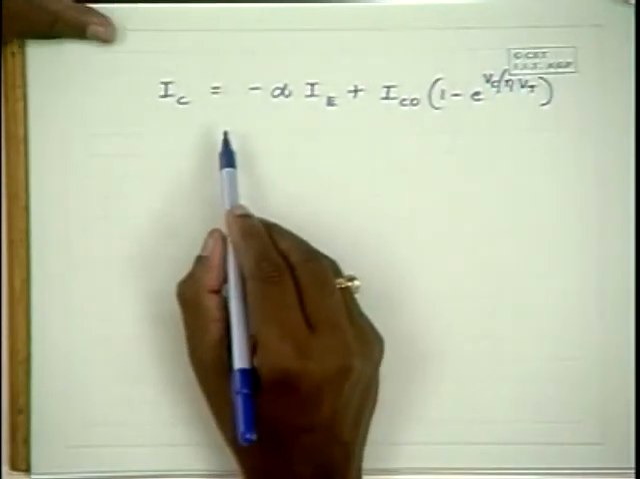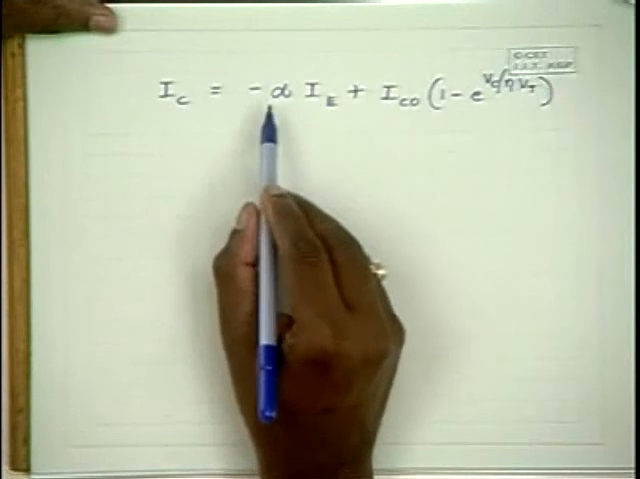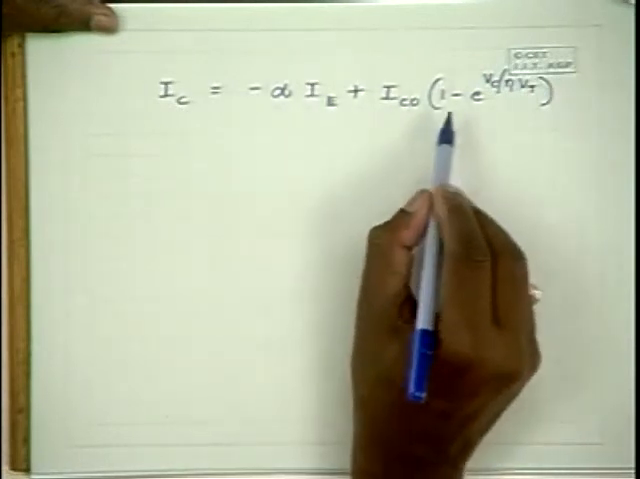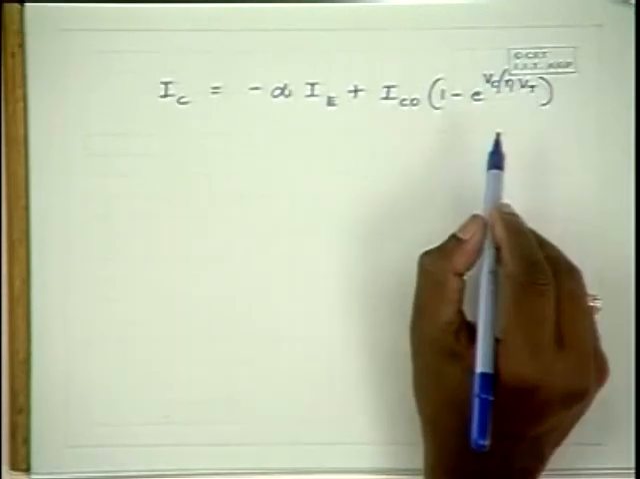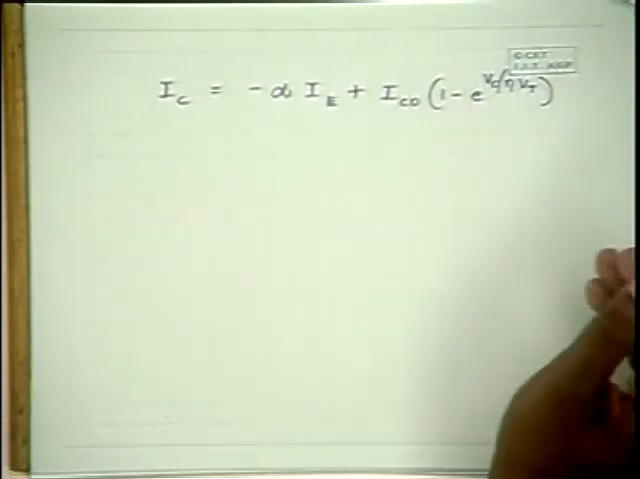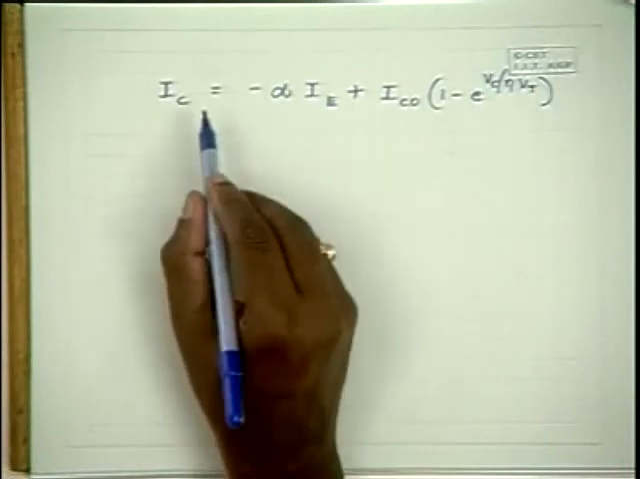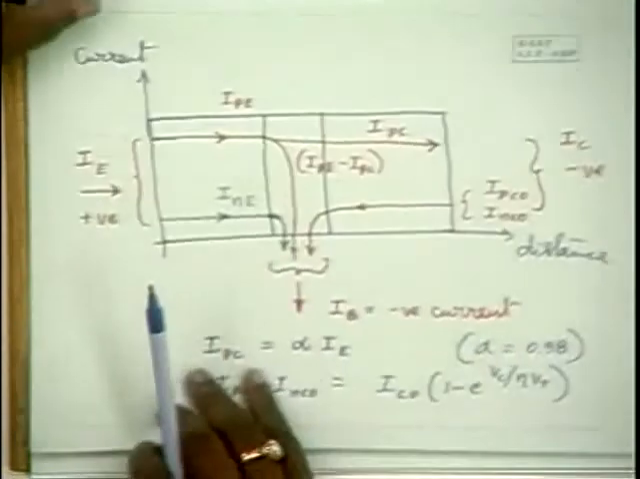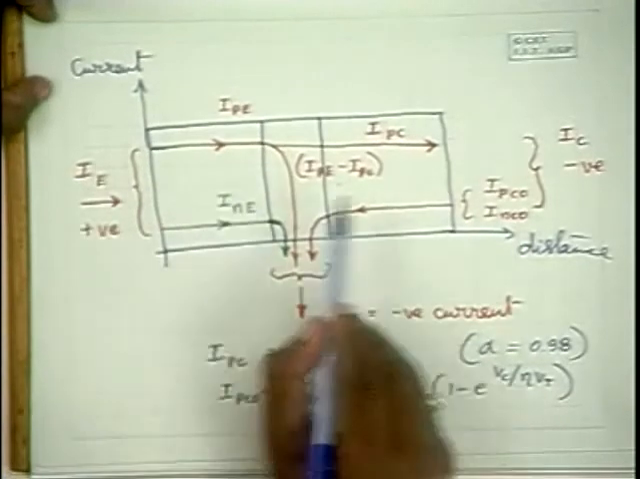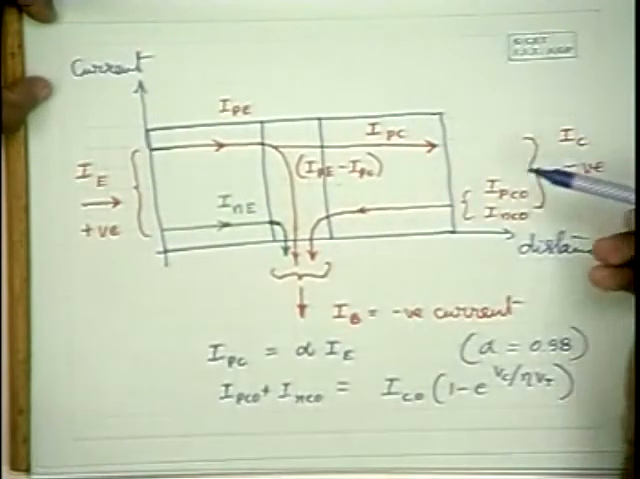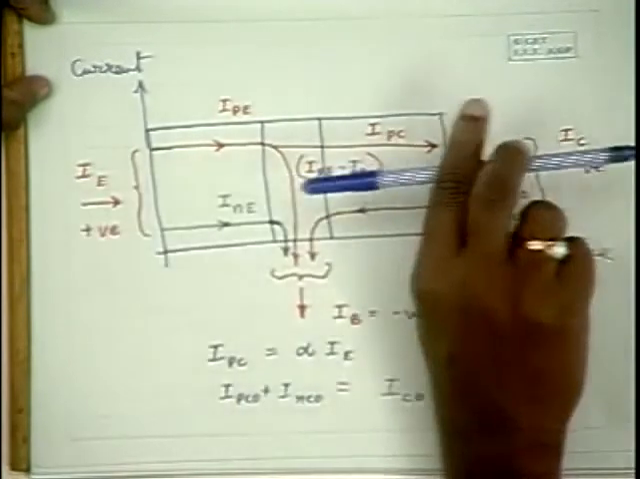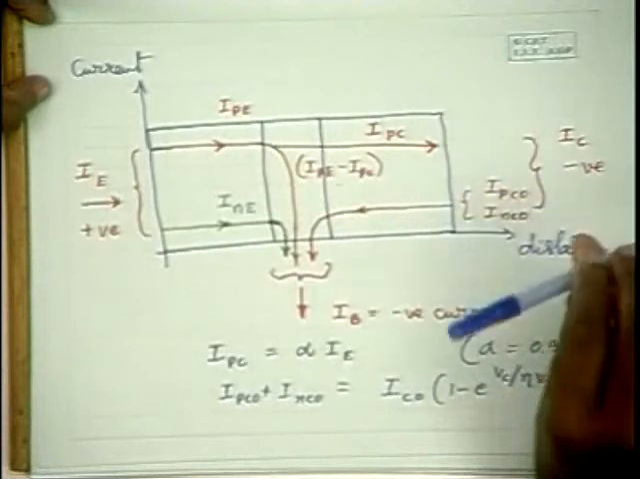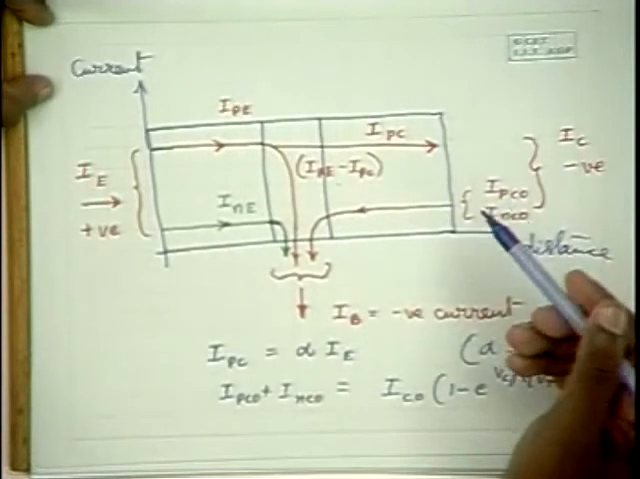Now the expression for the collector current can be given as shown here. The collector current IC is equal to minus alpha IE plus IC naught into 1 minus e to the power of Vc by eta Vt, where IC naught is the reverse saturation current of this PN junction. Please note that this negative sign is coming because of the convention. The collector current IC is the current which is coming inside, and since the actual current alpha times IE goes outside, therefore IC is equal to minus alpha into IE